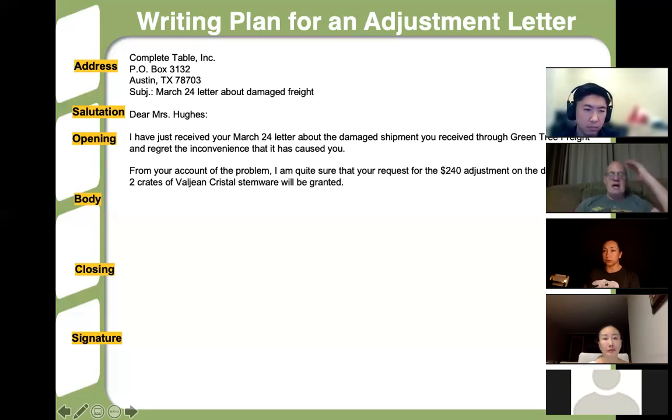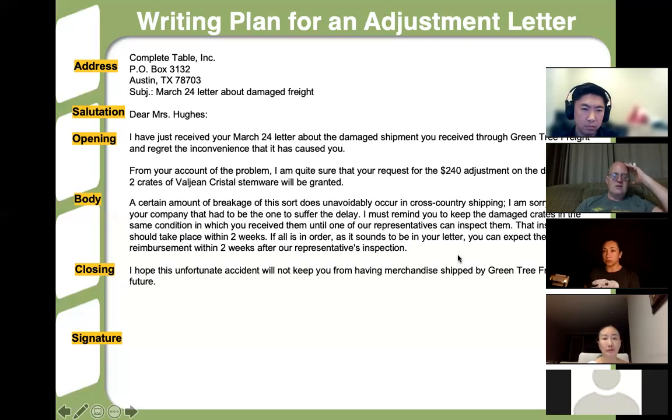Now you get to the body, the details. A certain amount of breakage of this sort does unavoidably occur in cross-country shipping. I'm sorry that it was your company that had to be the one to suffer the delay. Notice they're not saying, I'm sorry that the dishes arrived broken. They're saying, we understand that this sucks, but notice it had to ship cross-country, and sometimes this happens.